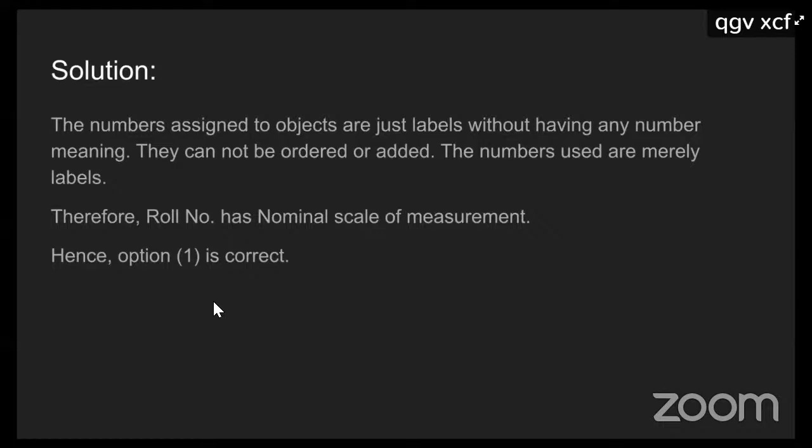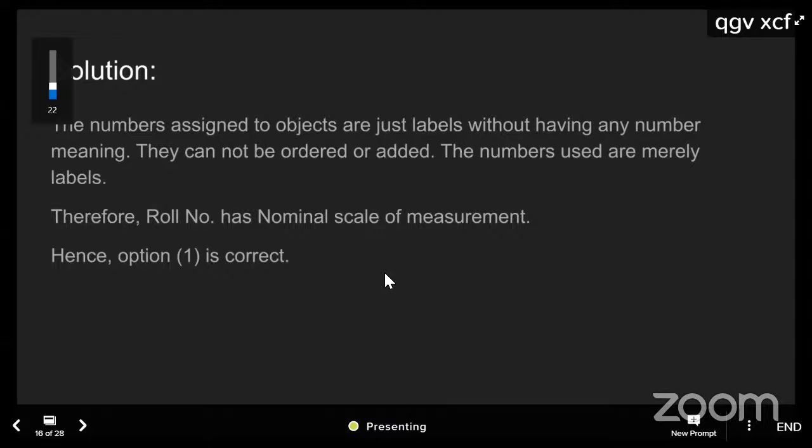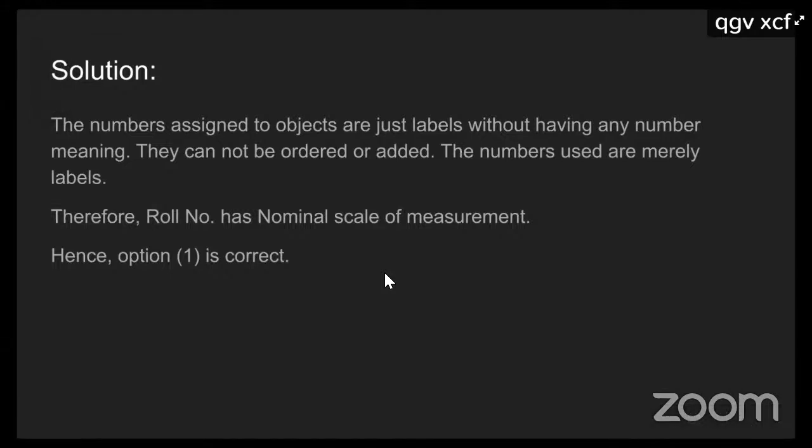But sir, if roll number 3 is greater than roll number 2, as all students are the same for a teacher, then like this all roll numbers... Actually, here the order doesn't matter at all. See, roll number is just a label. Suppose there are 10 students in a class, and it's just like a jersey number. The class teacher has assigned the roll numbers 1, 2, 3 up to 10. Okay, then these are just labels.